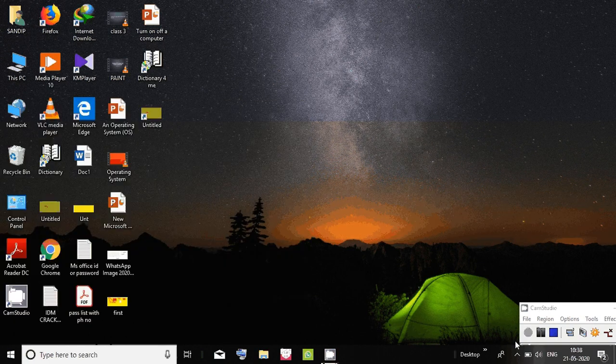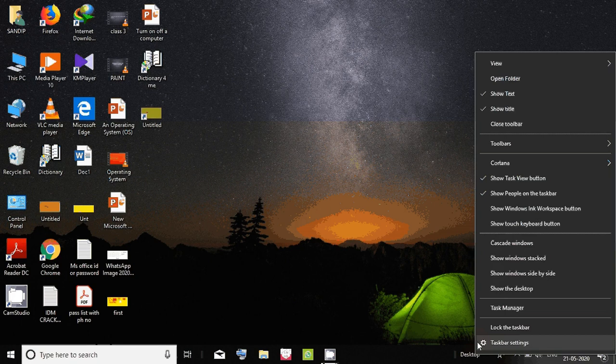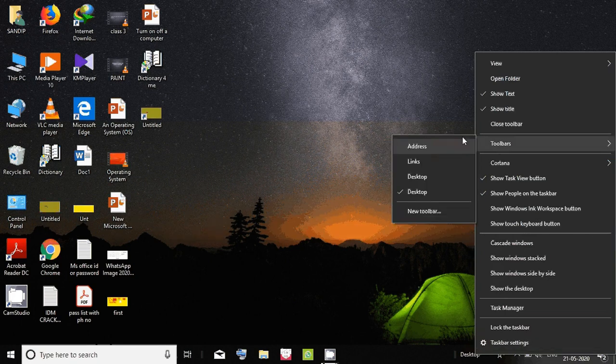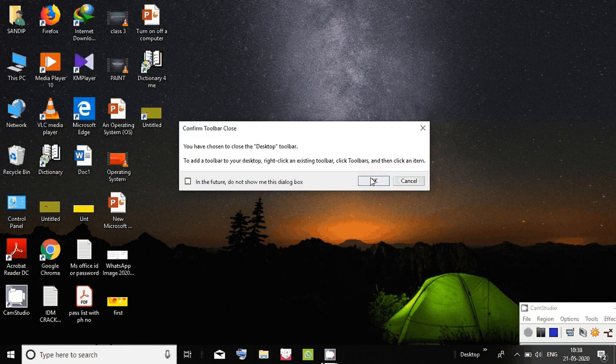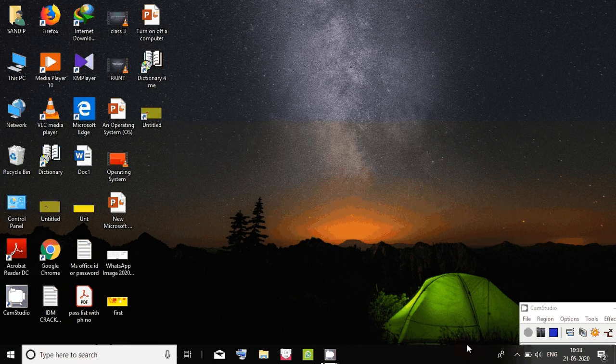Desktop, select folder. See, I got a toolbar here. Not only opening, you can close it also. Again, right click, toolbar, we have done new toolbar, right? So we can close the toolbar also. Close toolbar. Now you see desktop is missing. So this is how we close the toolbar.